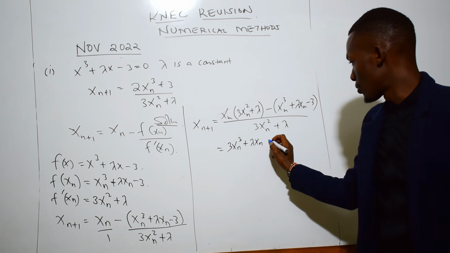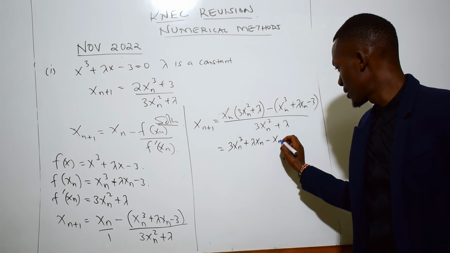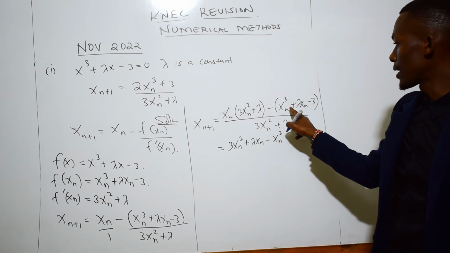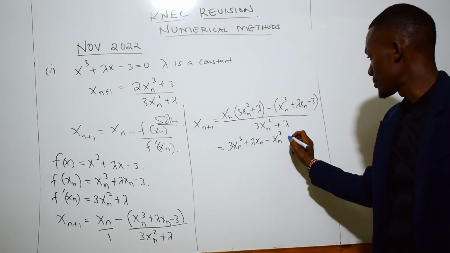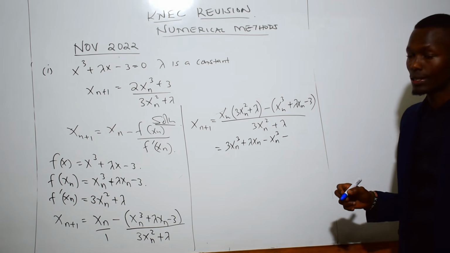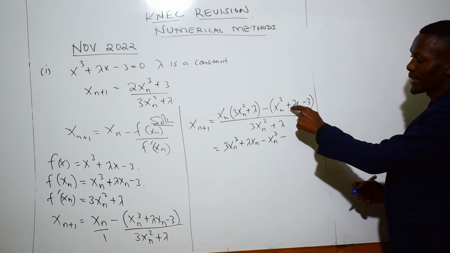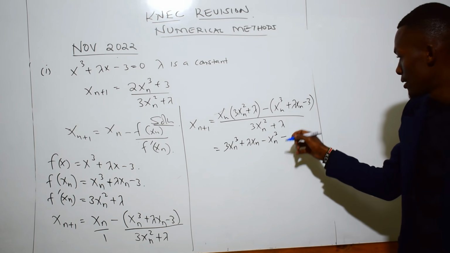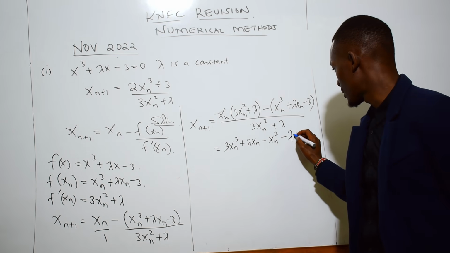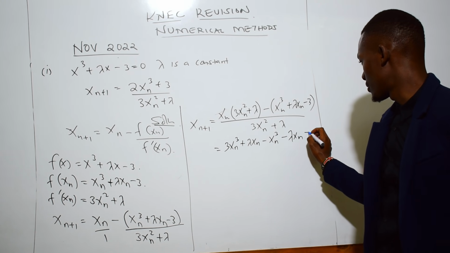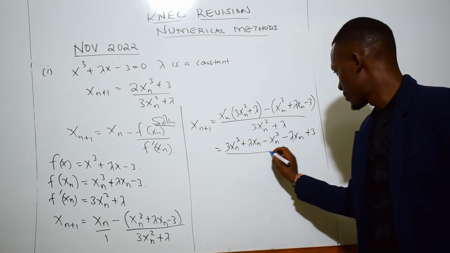Then this, we have minus xn cubed. Then negative, and here is a positive, so it becomes a negative. So you can see the reason of having this bracketed is because these signs change. Then you shall have lambda xn, then negative gives you a positive value, then all over